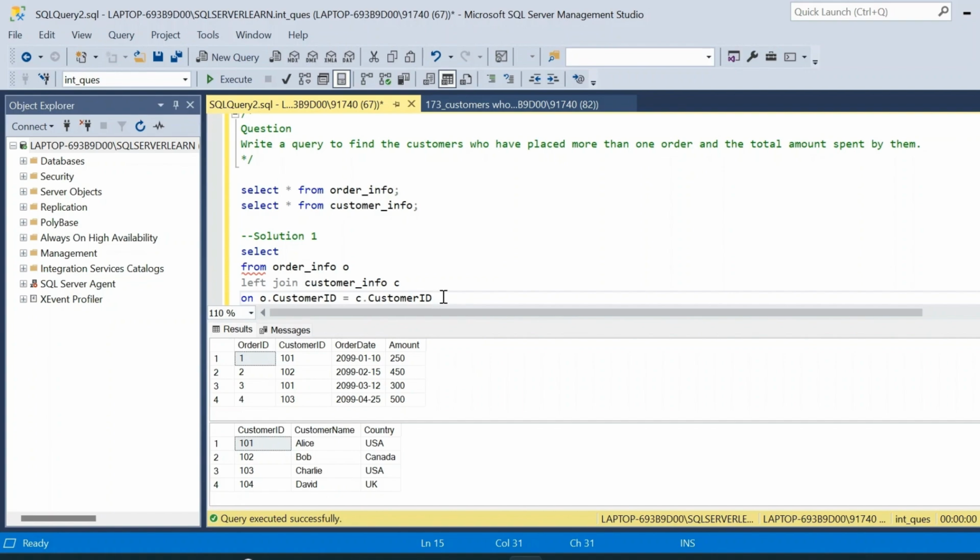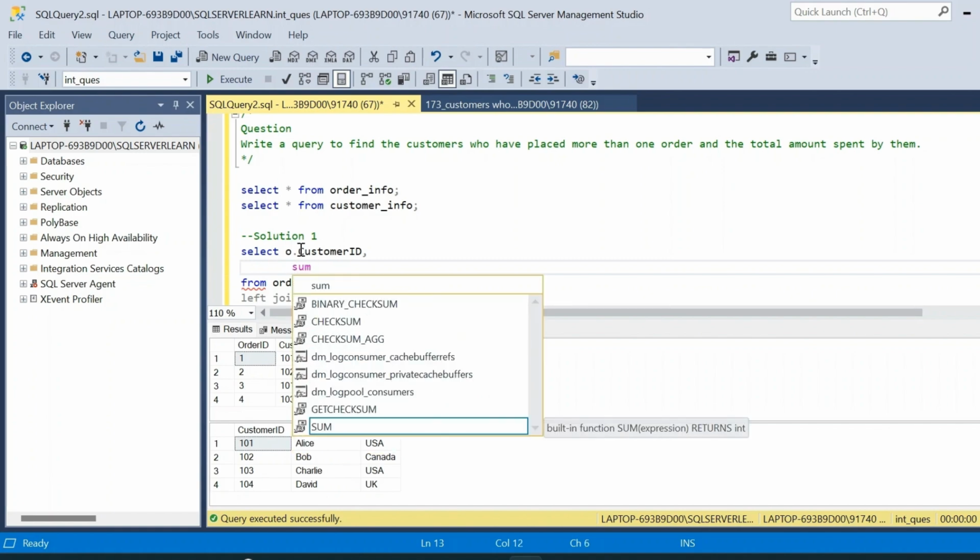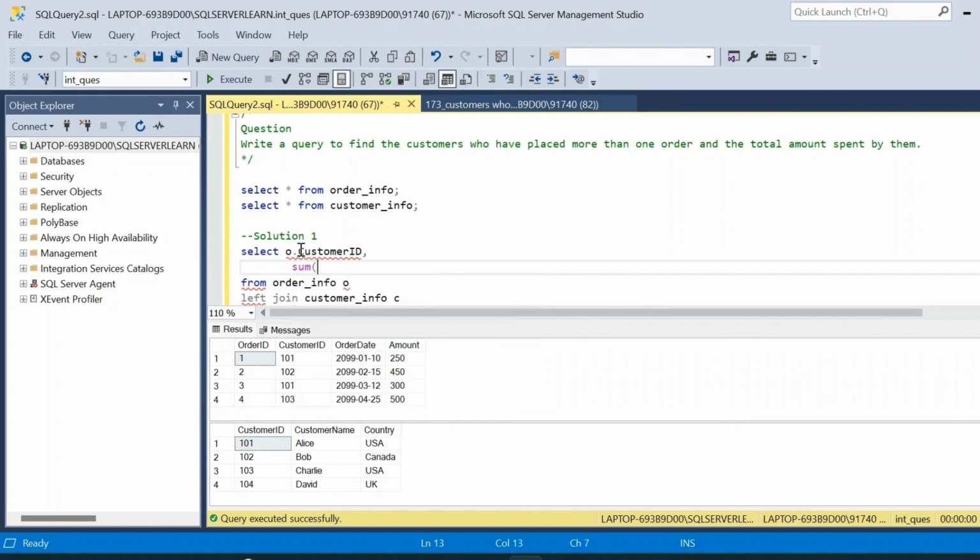Now we will take only the required columns from both the tables. So from the order table we require customer ID and amount: O.customer_id. Now we require the sum of the amount spent by each customer. For that we will use the sum aggregate function, and amount is taken from the order info table, that is SUM(O.amount) as total_amount,